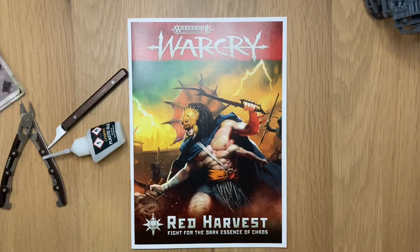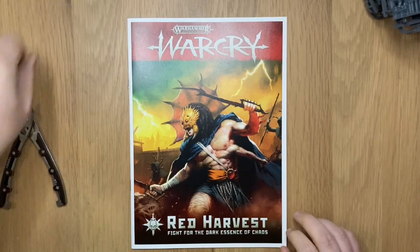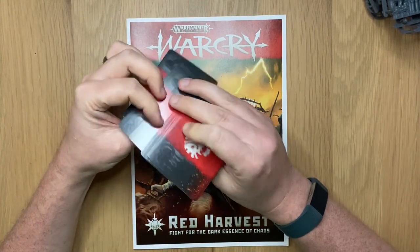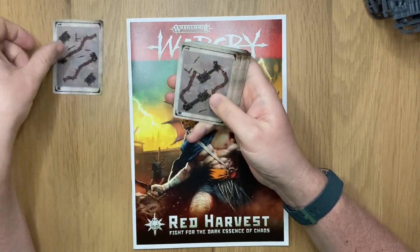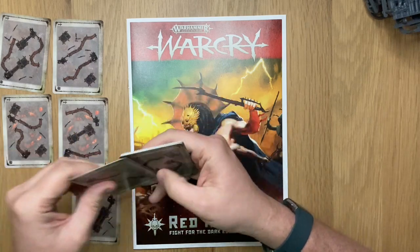Okay, so Warcry Red Harvest Terrain. I've got my glue, my clippers, and my mould line remover. I have the terrain cards, and I'm just going to use them as a reference because